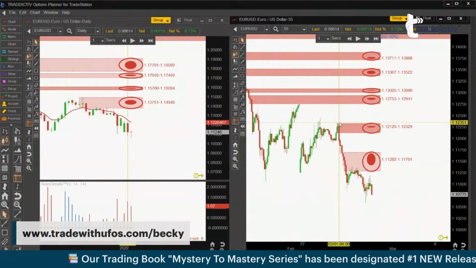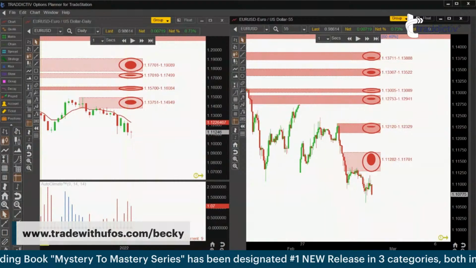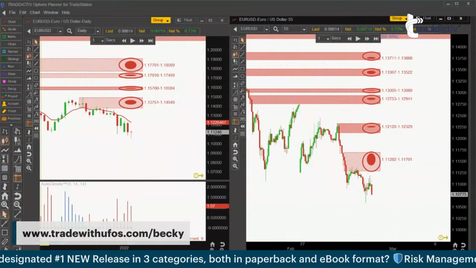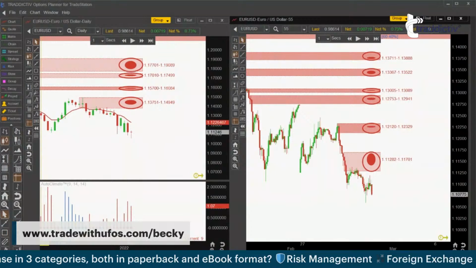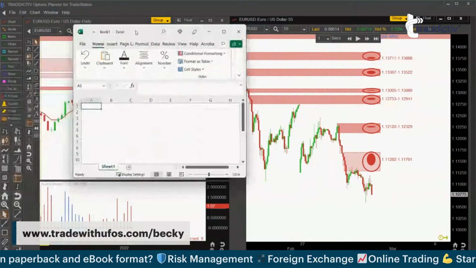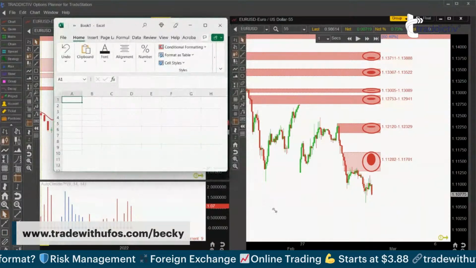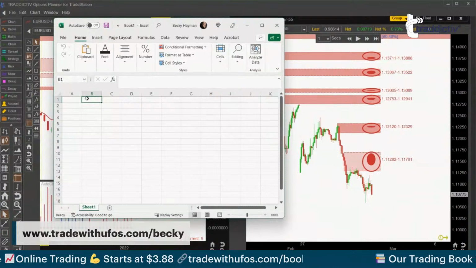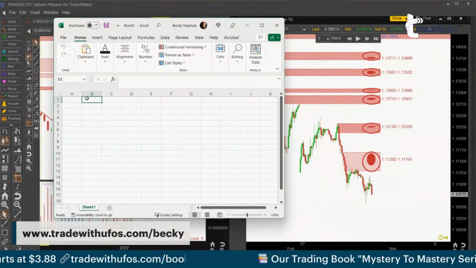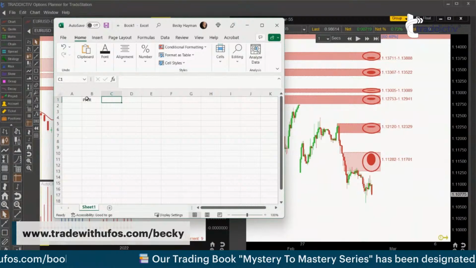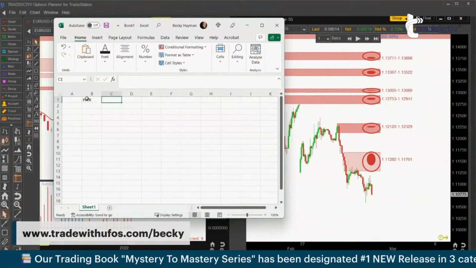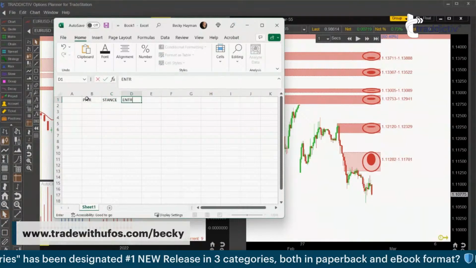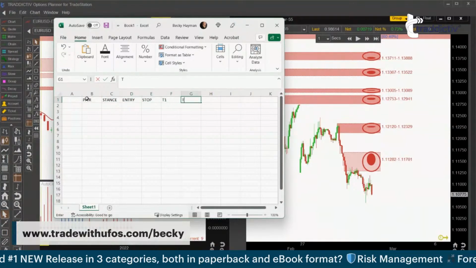You might draw lines around it. You log it somewhere. So let's say, let me bring up a completely random empty Excel just to show you what you do. So you might have an Excel or a Google Sheet, sorry. Do it that way, but let's say you've exactly the same as you would have in your live trading log. So you might have, let's assume you're trading Forex, the pair, or if it's stocks, then ticker symbol, whatever it is, stock symbol. Pair, stance, if it's long or short, entry, stop, target 1, target 2.